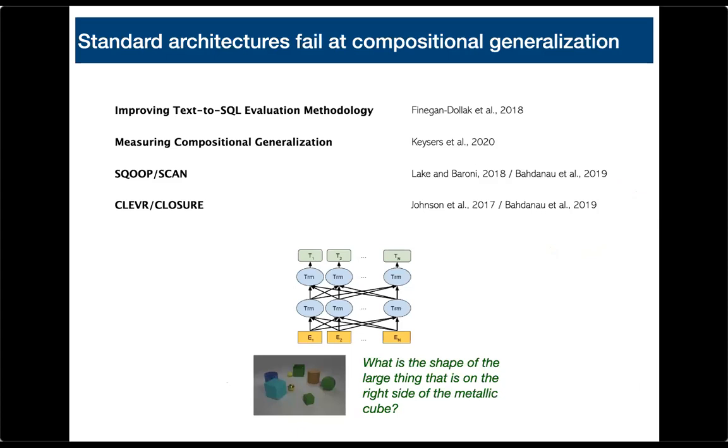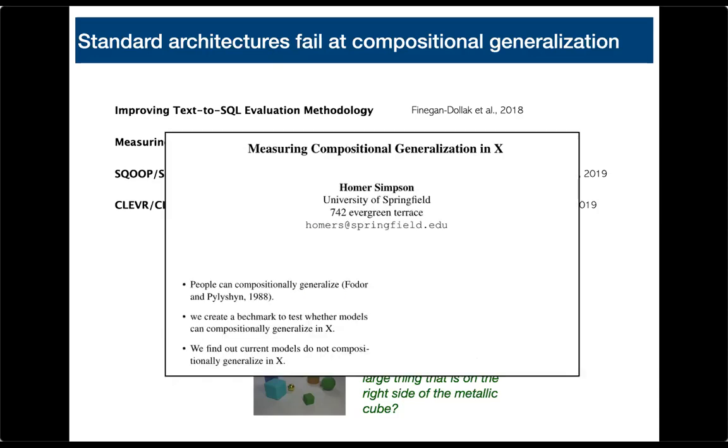So this has led to quite a lot of interest in the field of compositional generalization. And the general conclusion from recent years is that our standard architectures fail at compositional generalization. When I say standard architectures, this is more or less synonymous with transformers nowadays. I don't know if that's a good or a bad thing, but this has been shown in visual question answering and in semantic parsing, and you get a lot of papers that show that while people compositionally generalize, when you measure this in some task, our models currently do not generalize well.